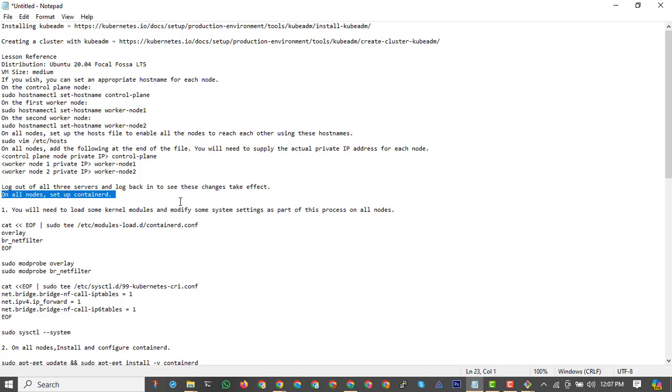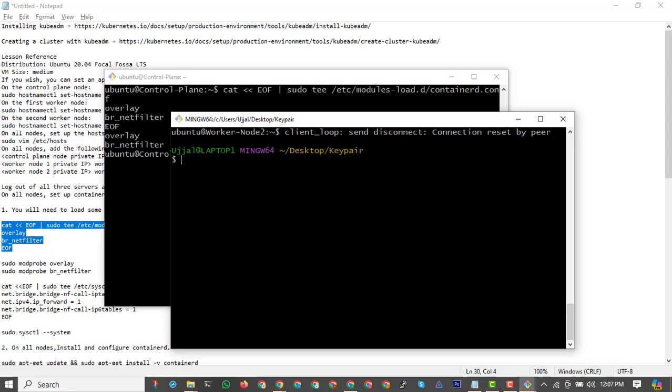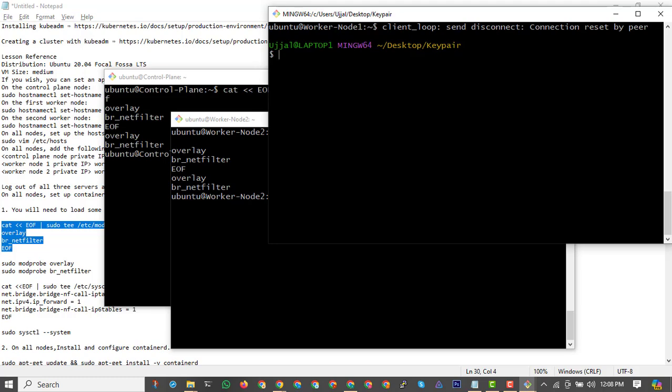Now on all nodes we have to set up containerd, right? So now here I will configure this system. I will need to load some kernel modules and modify some system settings as part of this process on all nodes. So just copy this and paste here. Press enter. It will show you the overlay and the br_netfilter. Do it in all servers. Paste it here, enter, go to the last one, worker node 1,